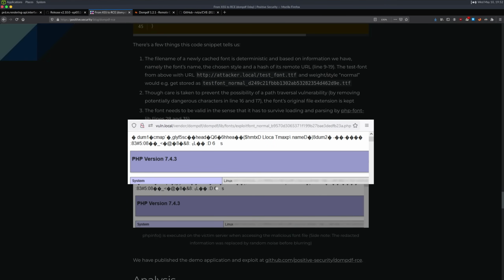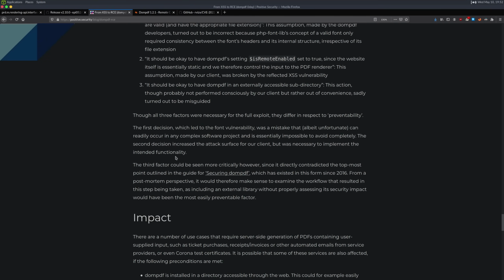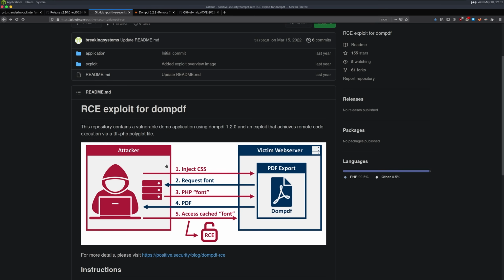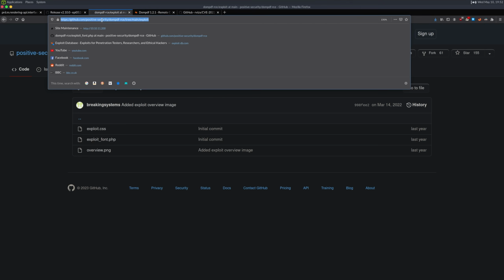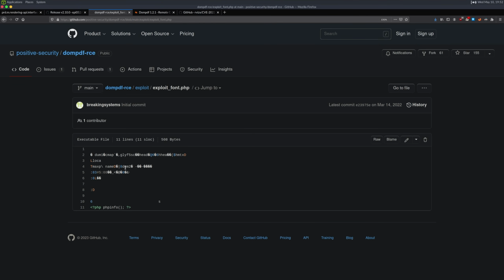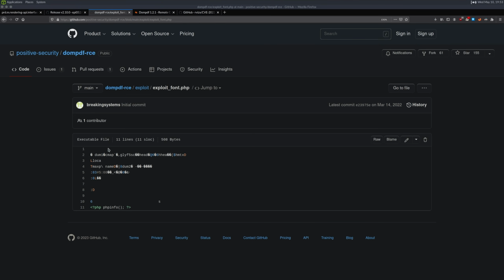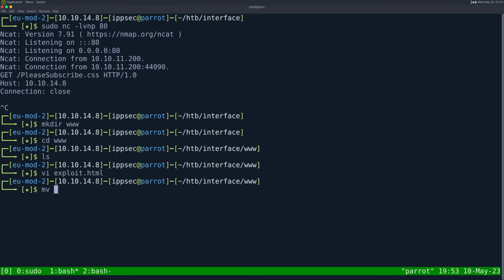So what we need now is the font file, and that was on their GitHub. So if we go to exploit, we can download exploit font.php. So I'm just going to click raw, save, and then we'll call this exploit PHP, move,